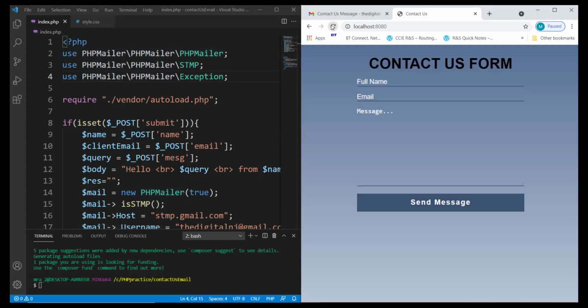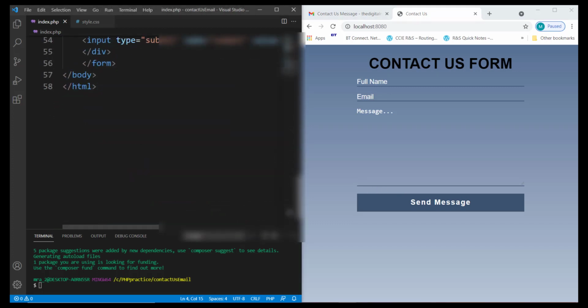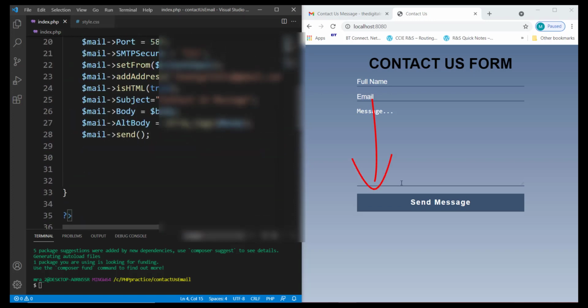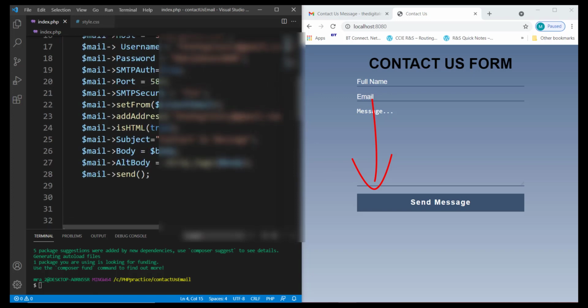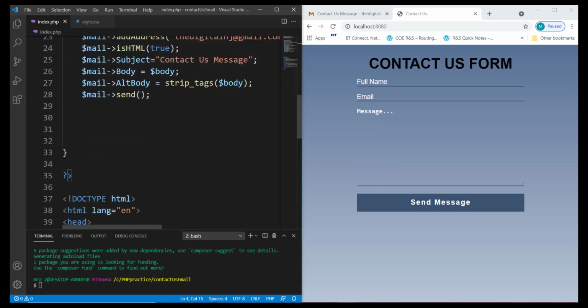Okay, let's refresh it. As you can see, we can't see any message displayed over here because currently this variable response represents empty text. So even though there is an empty text over here, because it's empty, we can't see anything. But now, after sending the email, if we don't get any error message, in that case we want to change the contents of this response variable to